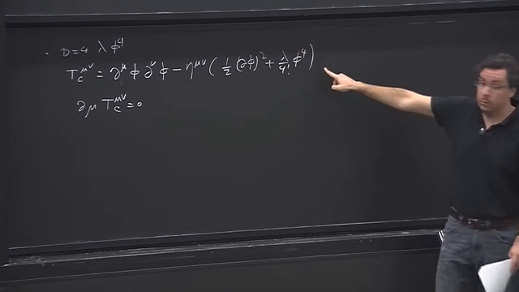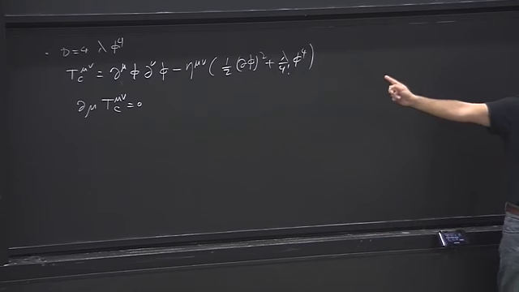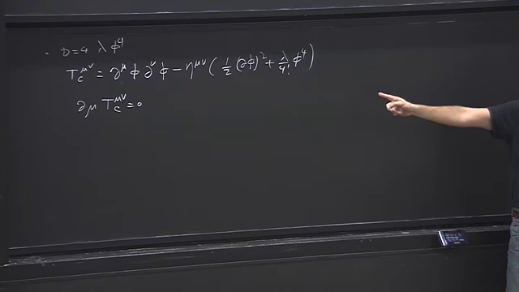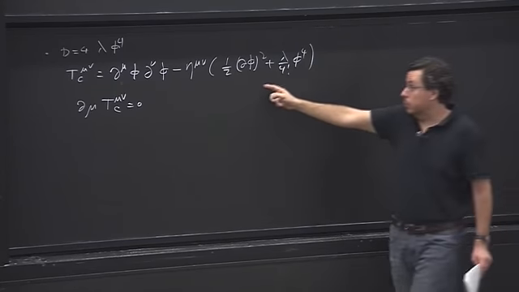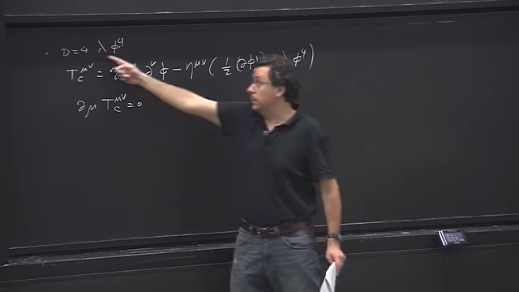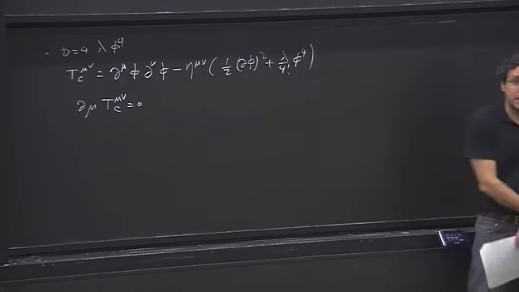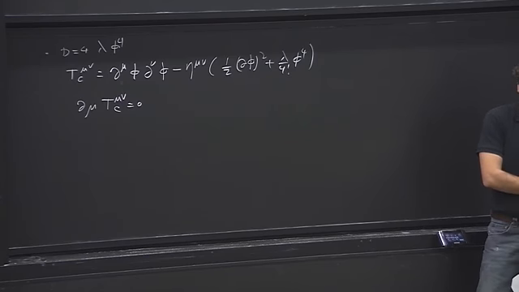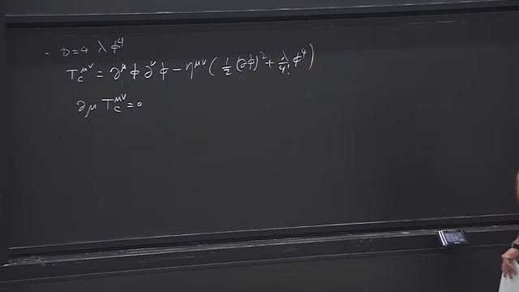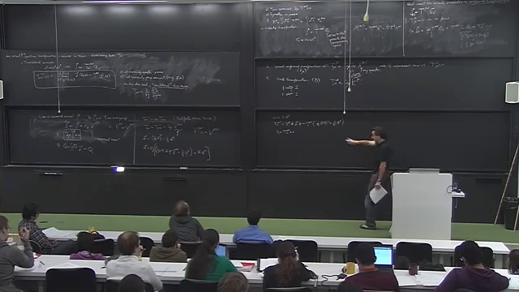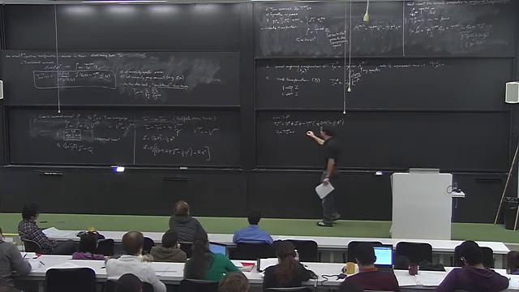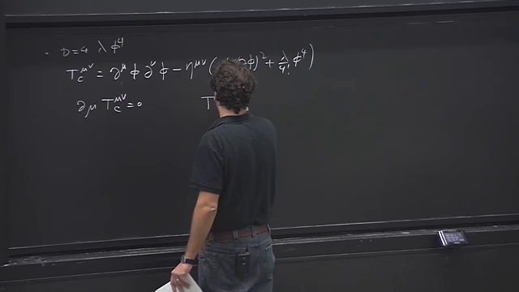There was a reason I wanted to do this, now I remember. The point is that you did an exercise, hopefully yesterday or one of these days, where you were asked to prove that lambda phi to the 4 is conformally invariant. So hopefully you checked that. Now I want to convince you that this story here is consistent with that statement, but in a subtle way. Because now I compute the trace of the canonical stress tensor,